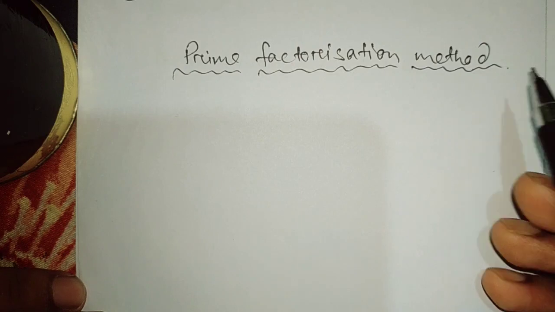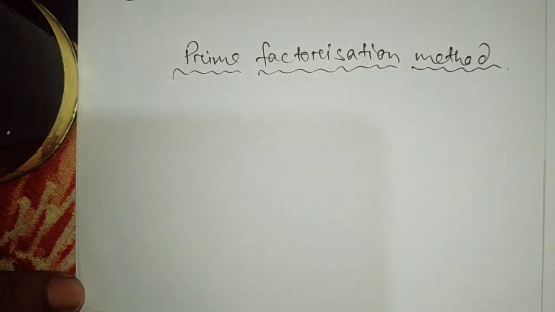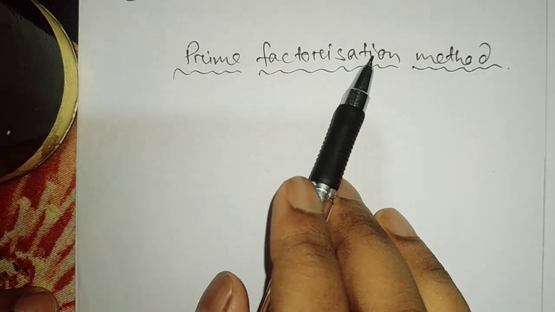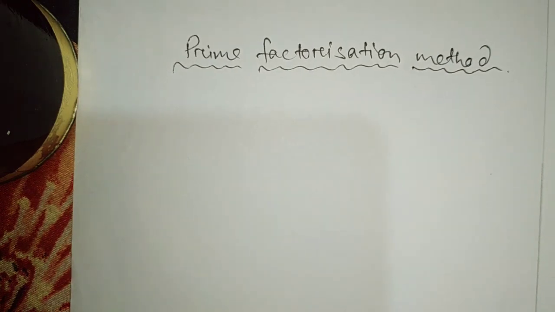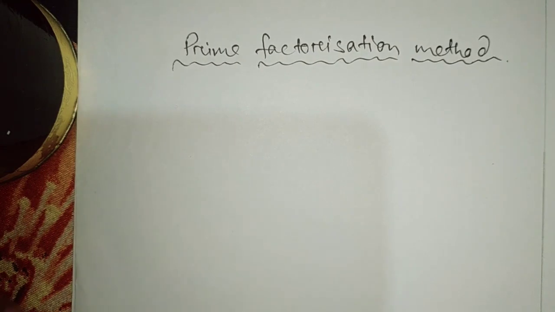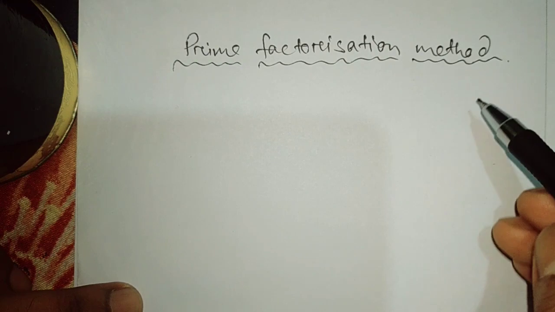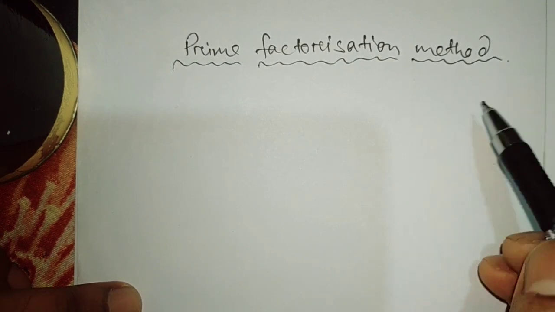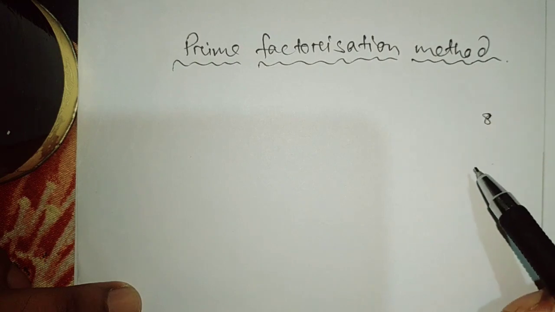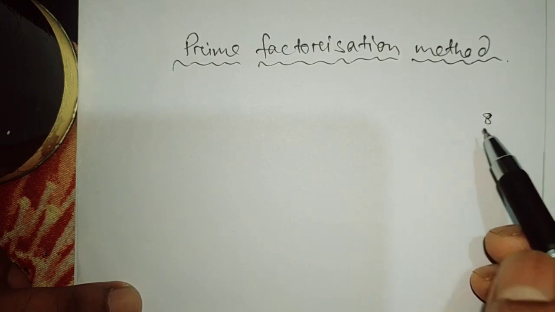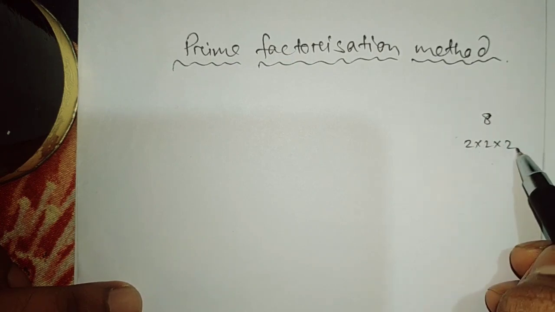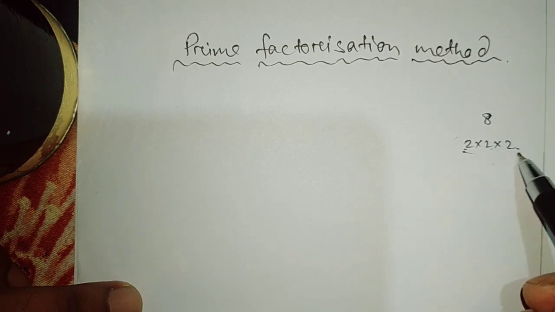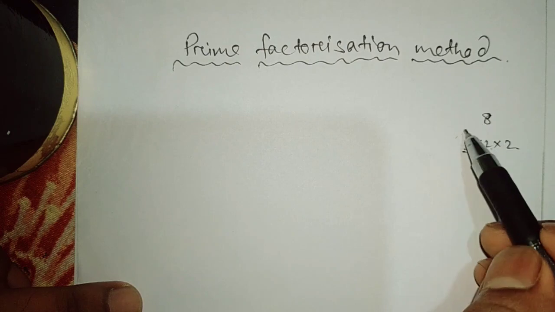First, the prime factorization method to find the LCM of two numbers. Before finding LCM, I want you to recall what prime factorization was. We have done that earlier. What we did in the prime factorization method is that if we have any number, say 8, we write that number as the product of prime numbers, that is 2 into 2 into 2. The product of these numbers will be 8, but here all the numbers are prime. So that was our prime factorization.